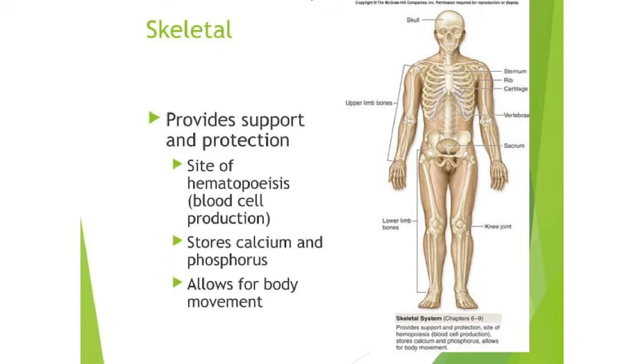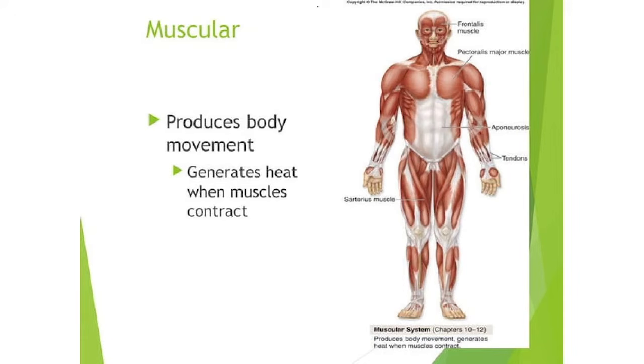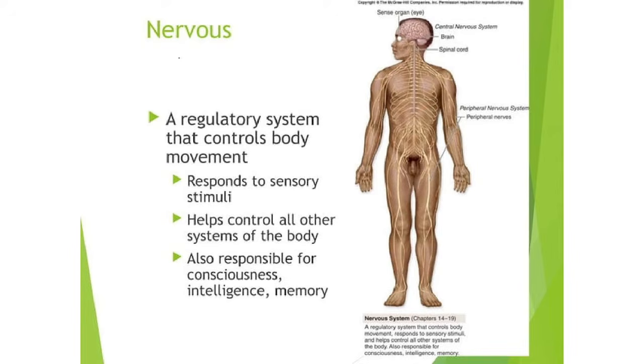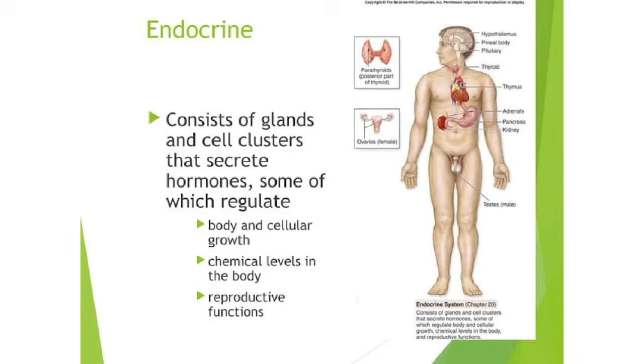And another system is the skeletal system, one more organ system. This is related to bone. And another system is the muscular system. Here we are studying muscles, different types of muscles in our body. Next organ system is the nervous system. We will be studying about neurons, spinal cord, brain. It's a very, very important system. Each and every system is very important.